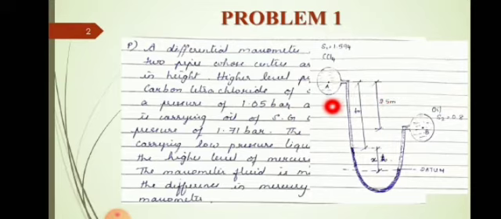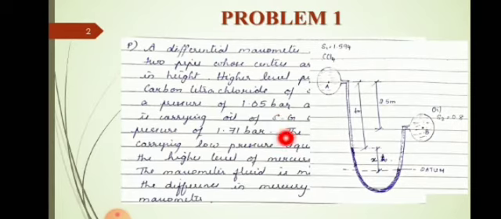Now what is the 4 meter that is given in the question? It is the distance between the center of the low pressure pipe and the highest level of mercury in the manometer. Which is the low pressure pipe? The 1.05 bar pipe, or pipe A, is the low pressure pipe. That distance is 4 meter. It is given in the question. Okay, and now you have to draw the datum line. Datum line is drawn from the lowest level of mercury.